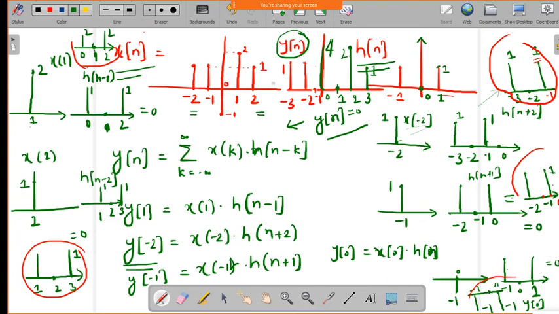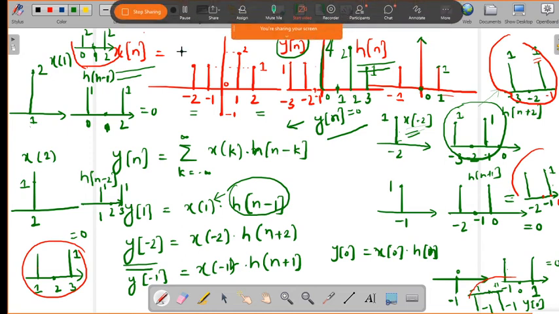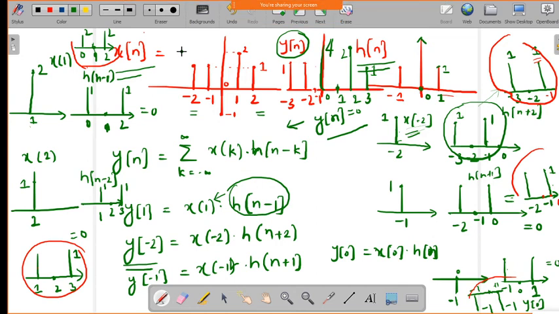Now this is how you have to compute. You should not multiply only the corresponding signal; you should completely multiply the response of the system with respect to the input signal. So the complete response of the system you need to multiply with the input signal which is at a particular index. So that's how you will compute the convolution. So is it understood now? Any doubt? Hello?